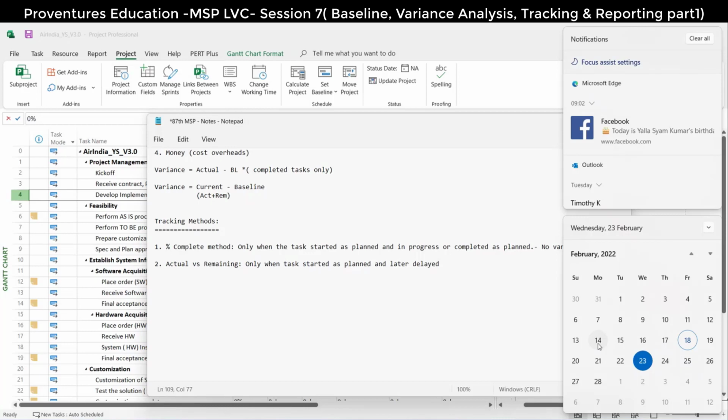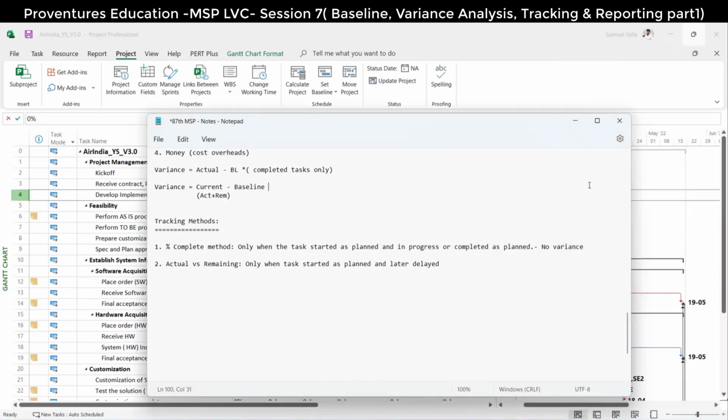Correct? Yes. Okay, that's a small thing that is pending. Apart from that, only when the task started as planned, if the task is started as planned, then only we should use actual duration directly. Okay, Sam, the two columns that you updated for finding actual versus remaining,